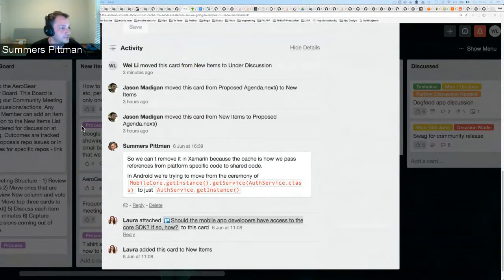That's the difference between the two. In Xamarin, you will have some sort of cache no matter what, so we should provide it. In Android, we don't need it, and it's a relic of a design decision that we evaluated and are moving away from.